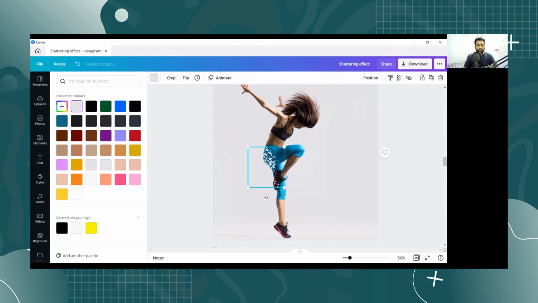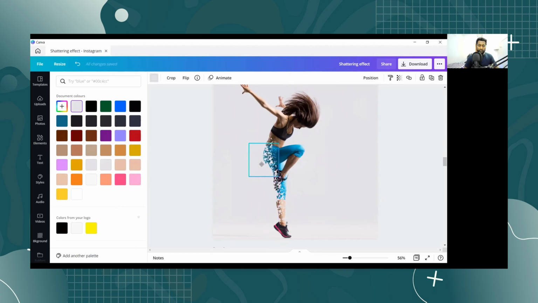Now you just need to duplicate. For duplicating, the shortcut is Ctrl D. Press Ctrl D and arrange your elements in such a way that it gives a dispersion effect with the background like this. You can reduce its size and add more like this.